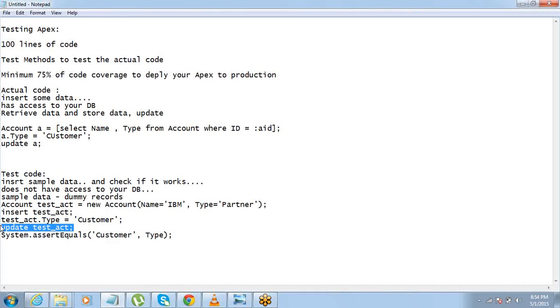All right, so let's do a small example here. Okay, let's do a slightly bigger example for the test.